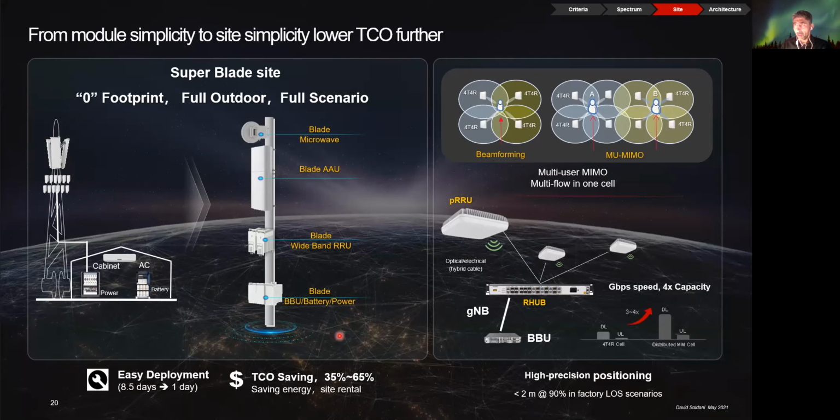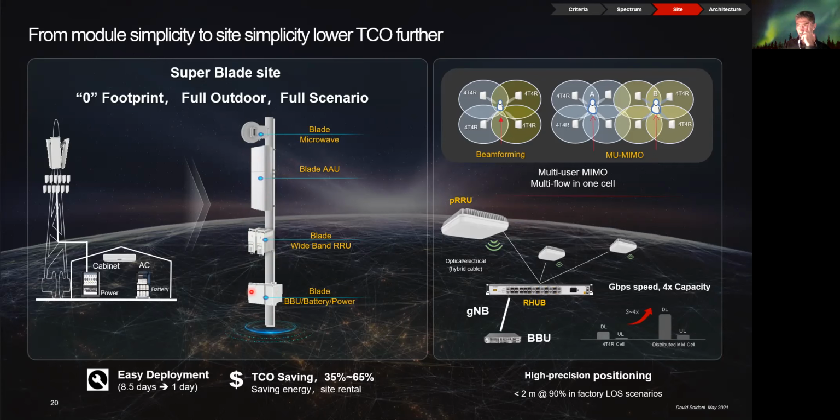What we're thinking now is to have a super blade site, which is about bringing together all transmission frequencies on a single dish, and then using a combination of transmission antennas, that means the massive MIMO in the C band in the upper part of the radome, and integrating all other communication services in the lower part, which means all sub 3 gigahertz transmission could be placed in here. Then the baseband unit and the radio unit can also be consolidated, and for the radio unit we can have dual and triple band, and also for the battery, we may have